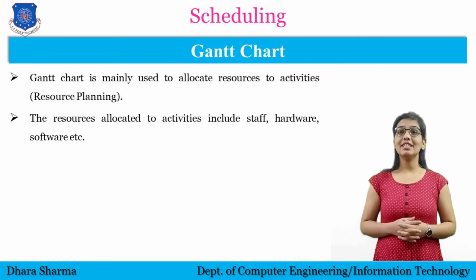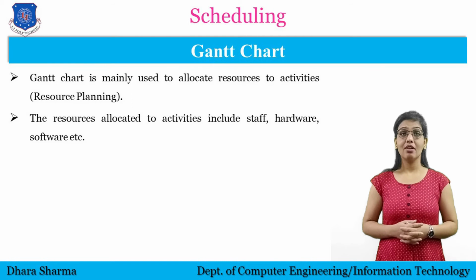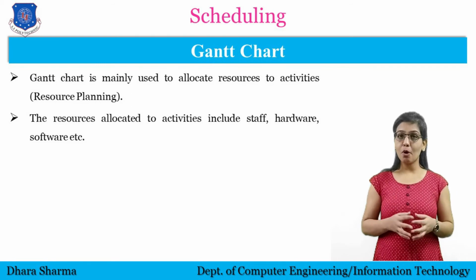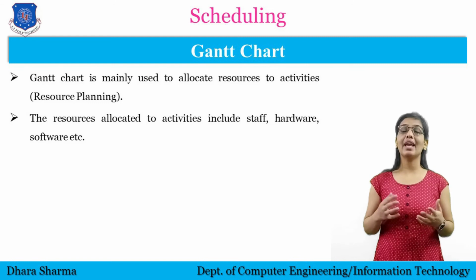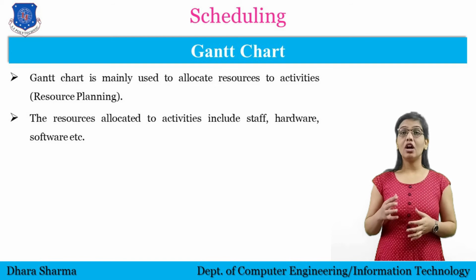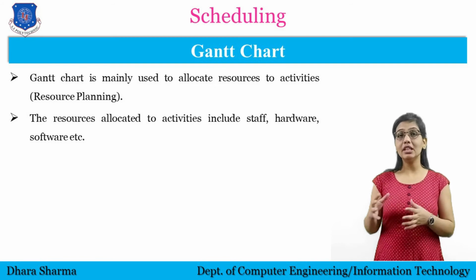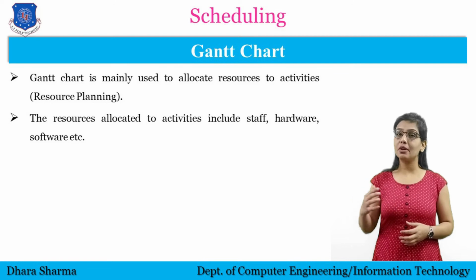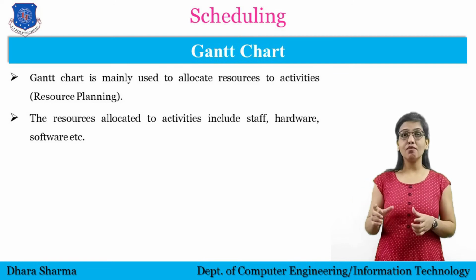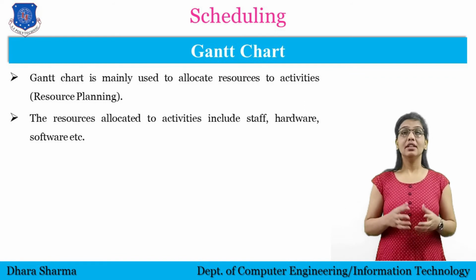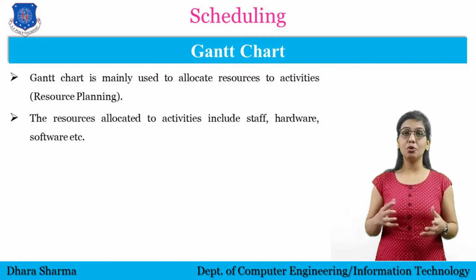A Gantt chart is a special type of bar chart where each bar represents an activity. It is one of the most popular and useful ways of showing activities displayed against time. The bars are drawn along a timeline. The length of each bar is proportional to the duration of time planned for the corresponding activity. The elapsed time for a particular task is also shown in the bars. This chart is usually prepared by the project manager.